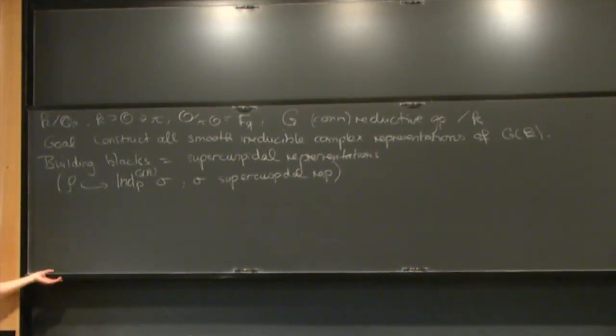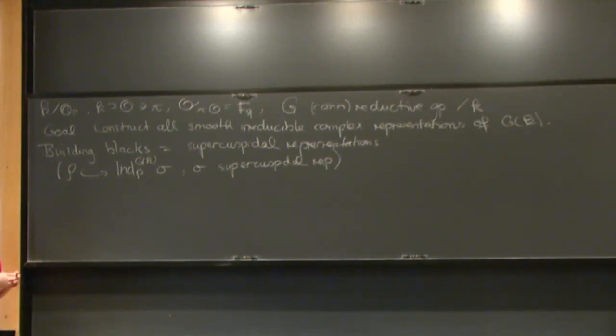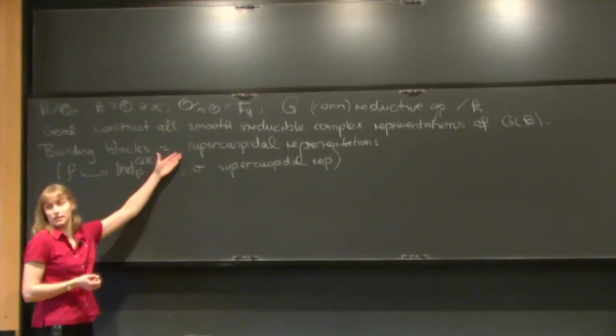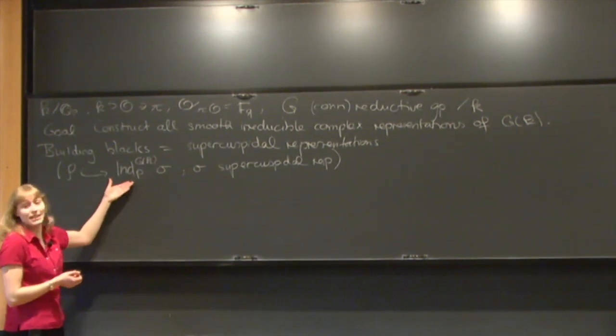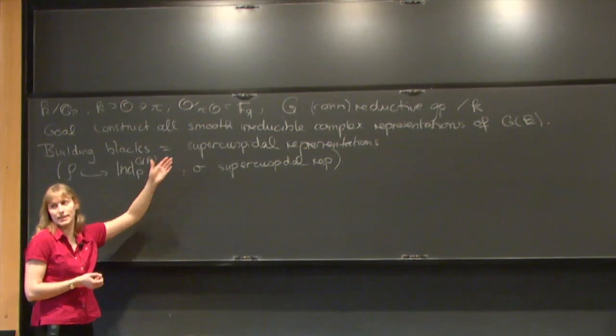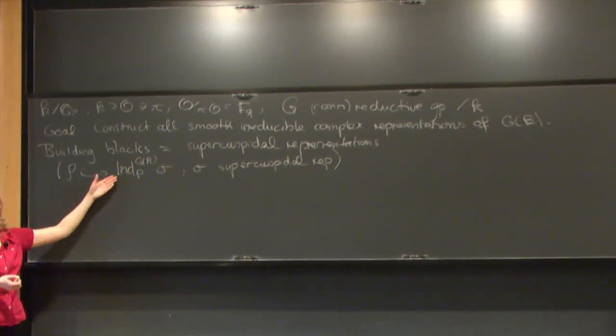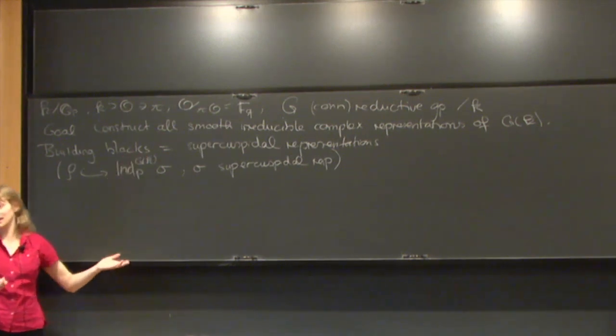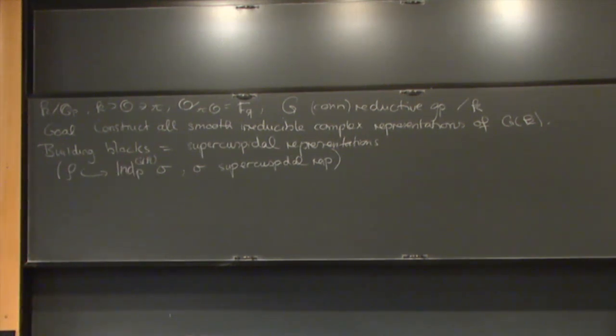And that's a very mysterious thing to do. For a long time, we didn't know how to write down these supercuspidal representations because they are not induced. One possible definition of supercuspidal is just to say you cannot embed it into an induction from a proper parabolic subgroup. So there's no easy way to write them down. The way people usually do it is via compact induction from a compact subgroup.